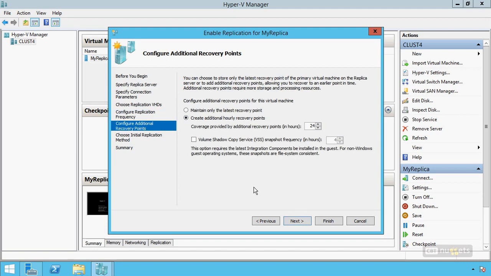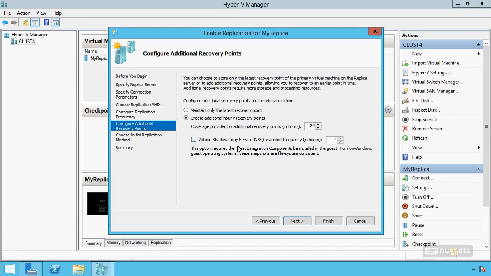Now remember, not every problem has to do with the loss of an entire Active Directory site. Sometimes there are corruption events that could occur. In those situations, maybe I get a virus attack or maybe the database corrupts. It's nice to be able to go to my replica server and go backwards in time and reverse the replication so that I can turn the clock back before the virus incident ever occurred. If you intend on incorporating these, I want you to be very careful about how you check this